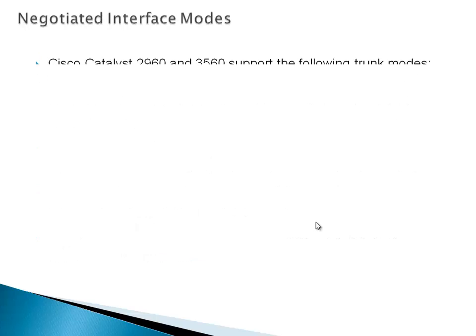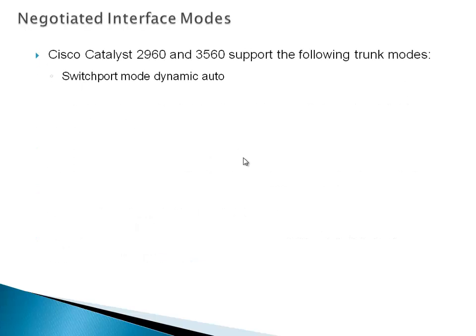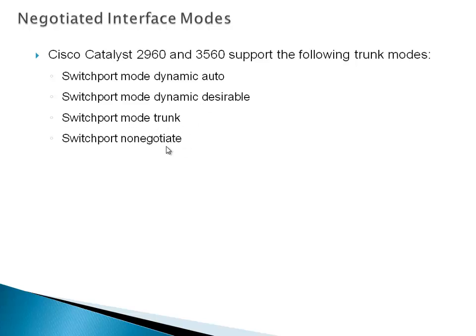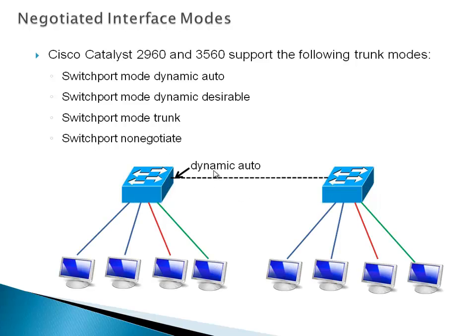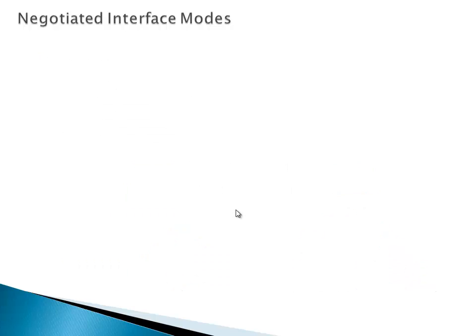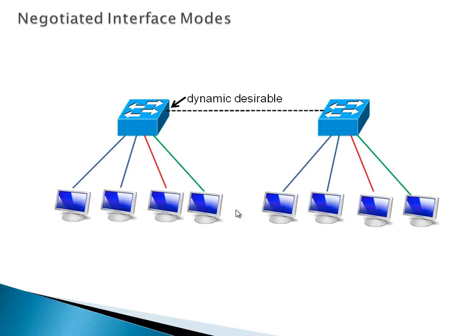Now there are a few modes. You can have switchport mode dynamic auto. The mode can be dynamic desirable. The mode can be trunk or nonegotiate. So for example, if one side of the switch is dynamic desirable and the other side is dynamic auto, the DTP messages are going to go from the desirable mode into the auto mode